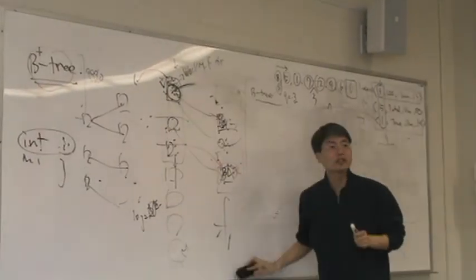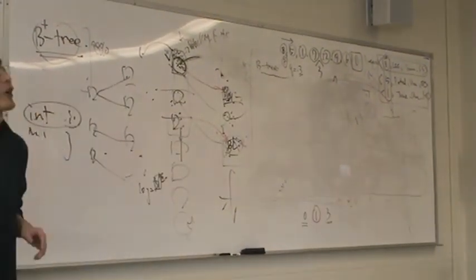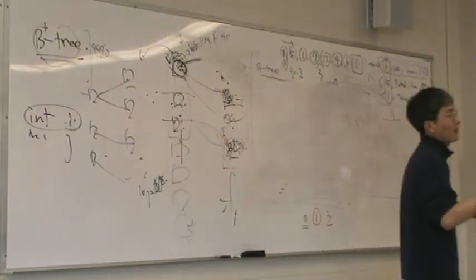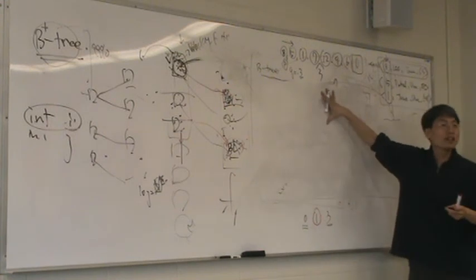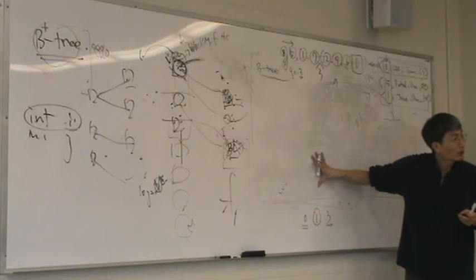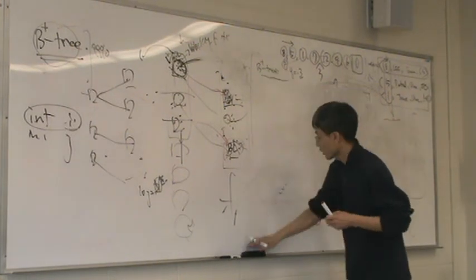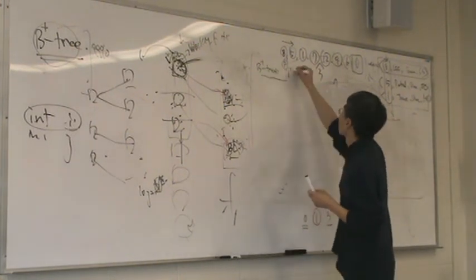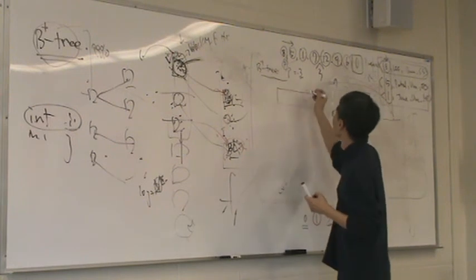So, first we need to define node structure. There are two different types of node in B+ tree. Because internal node does not keep data pointer. Only leaf node keeps data pointer. Okay, so in case of B+ tree, in case P is equal to 3, that means internal node